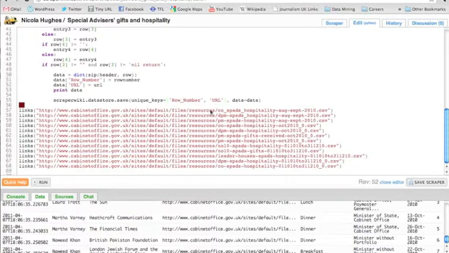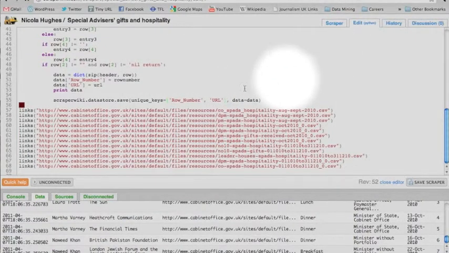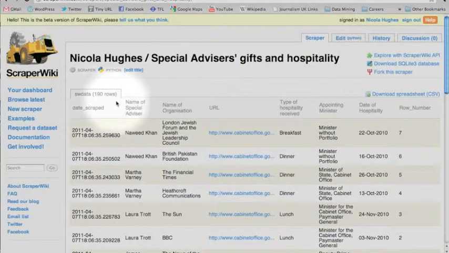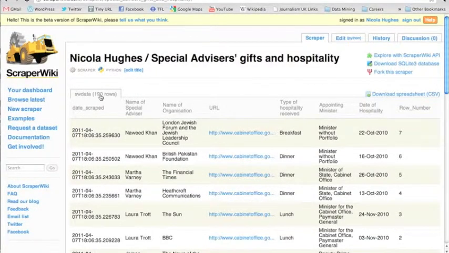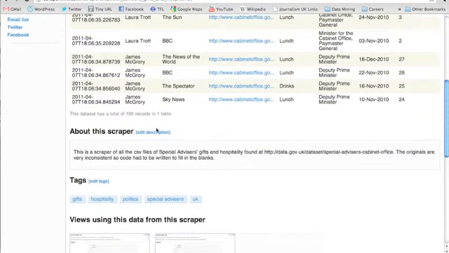Now, to make sure everything has been saved into the data store, I just hit the scraper tag. And this gives me the data store. It tells me I have 190 rows, which looks correct. And it gives me a couple of examples and all the headings that I have. And if you scroll down,